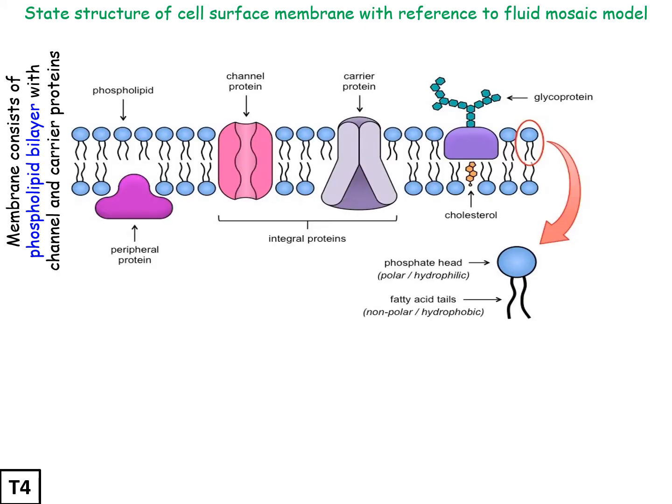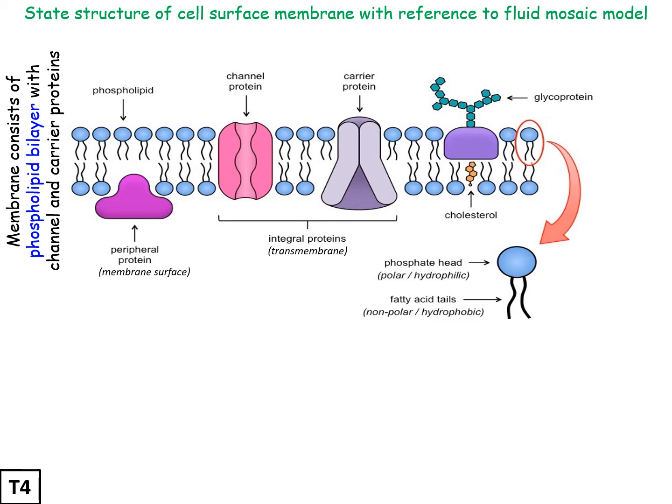State the structure of the cell surface membrane with reference to the fluid mosaic model. The membrane consists of a phospholipid bilayer that also contains channel and carrier proteins. In the phospholipid bilayer, not only do you have phospholipids, but you've got peripheral proteins which are on the surface of the membrane. There are channel and carrier proteins, and they are integral proteins because they cross the whole membrane,